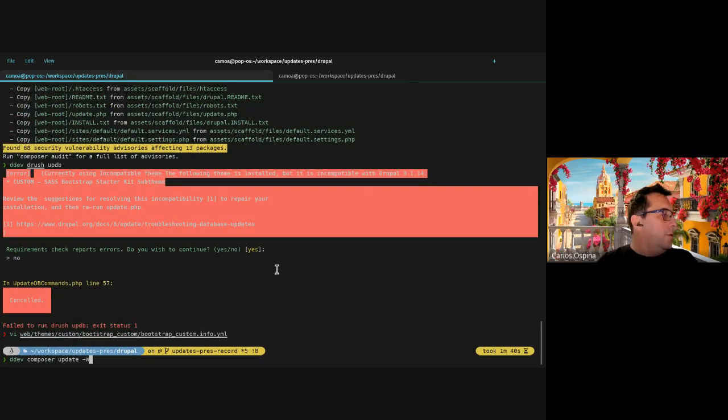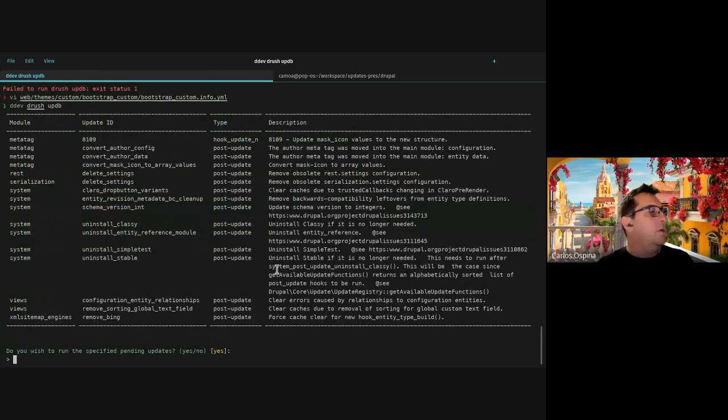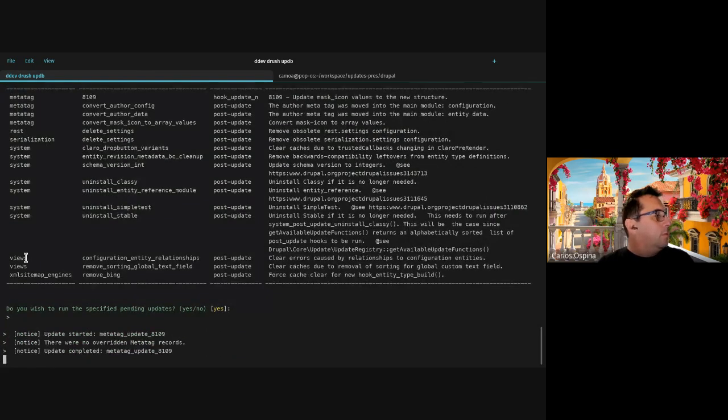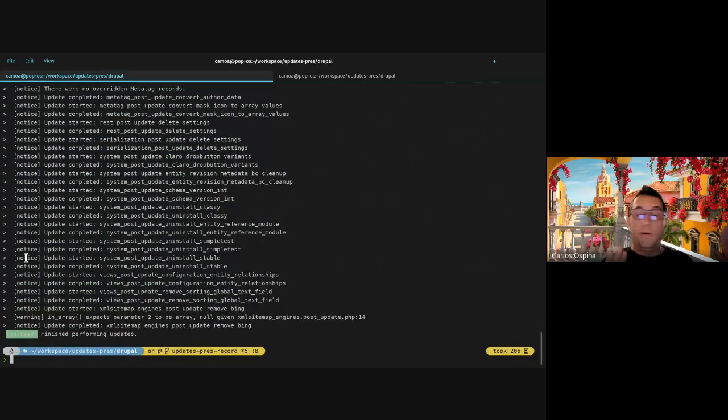So now I run updb again, and I don't get that warning anymore. I just get all the modules. System means core. So I have my core updates, and you see how few there are? Because I'm still in the same time period, same date. Run them, no errors. I haven't moved dates, so I don't need to check my locked modules. They are still in the same period of time. But now,